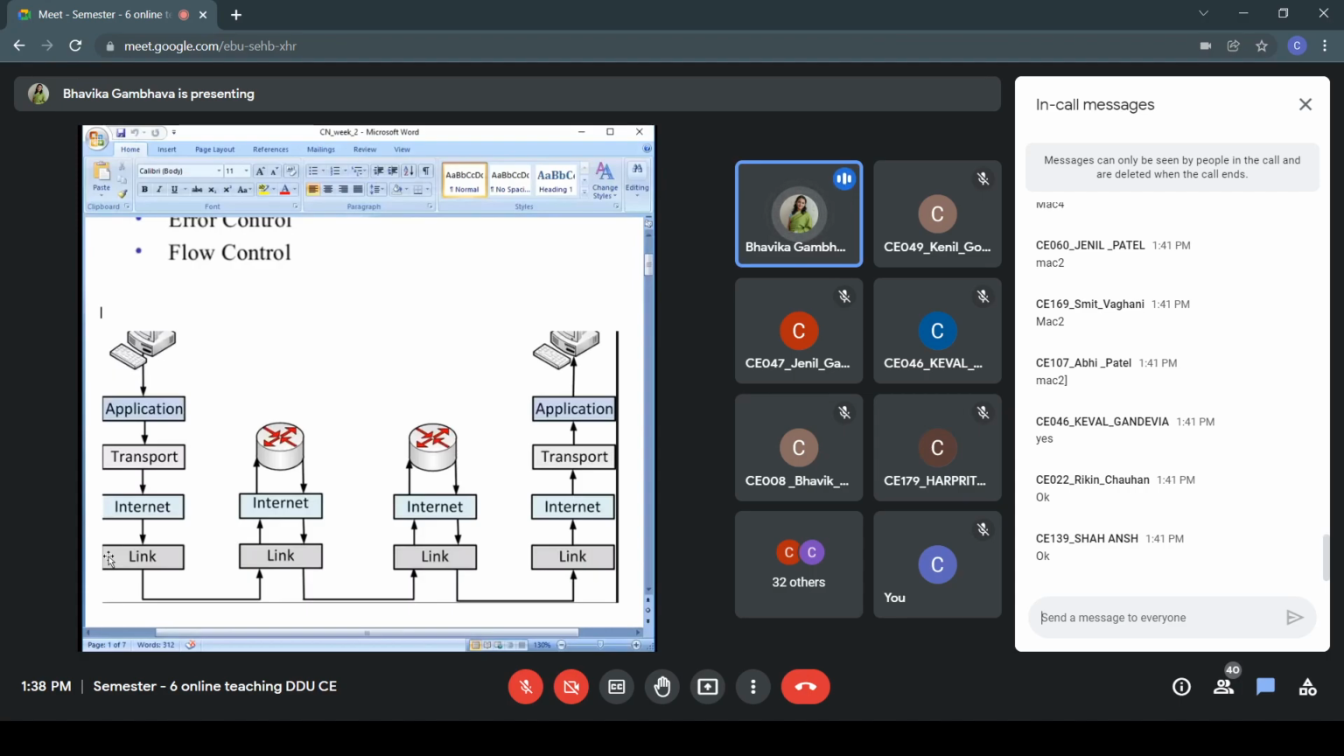Then it is given to the physical layer. Physical layer is converting into bits and sending over the channel. Bits are detected at the physical layer. Then it is given to the data link layer. At the data link layer, it is checking that this is meant for MAC2. I'm MAC2. So it will check the